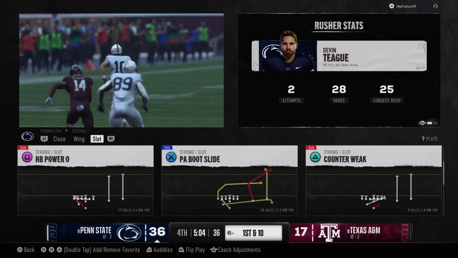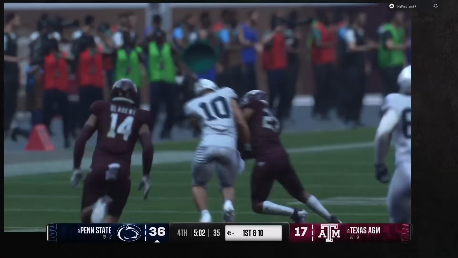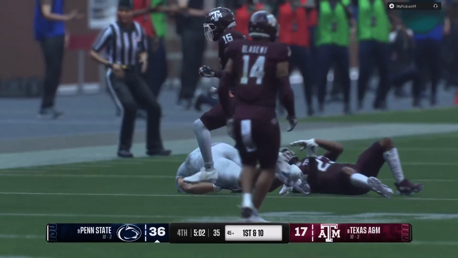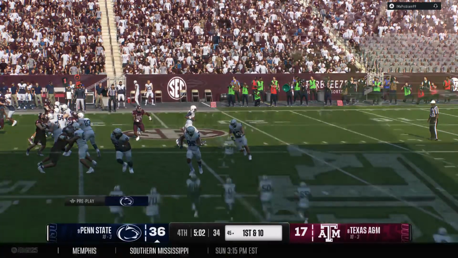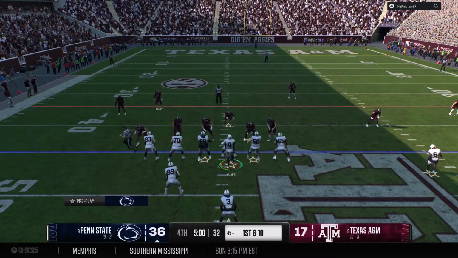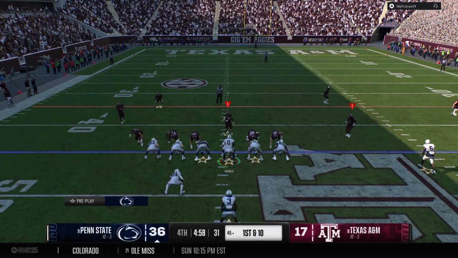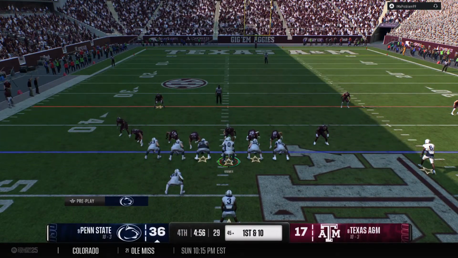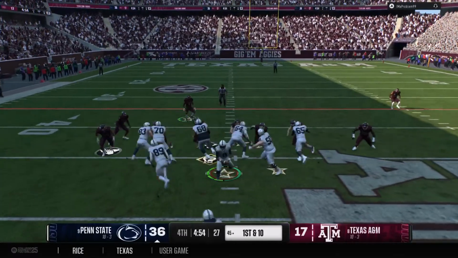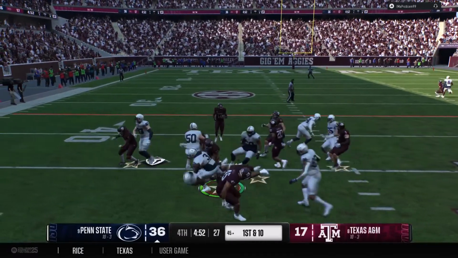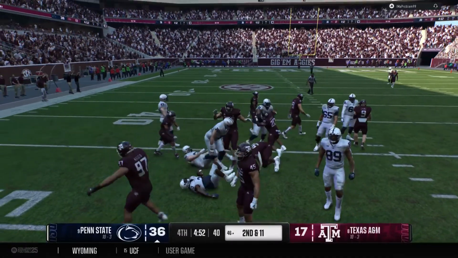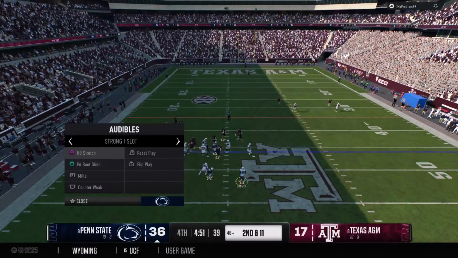This is a play that used to be so popular in college football when teams ran out of the I formation. Nowadays, you can pretty much run the toss out of almost any formation. But the key is still sealing the edge, whether it's your tight end or your offensive tackle. Got to seal the edge to be able to allow your back to get to the corner. They'll stop him behind the line for a loss of 1.